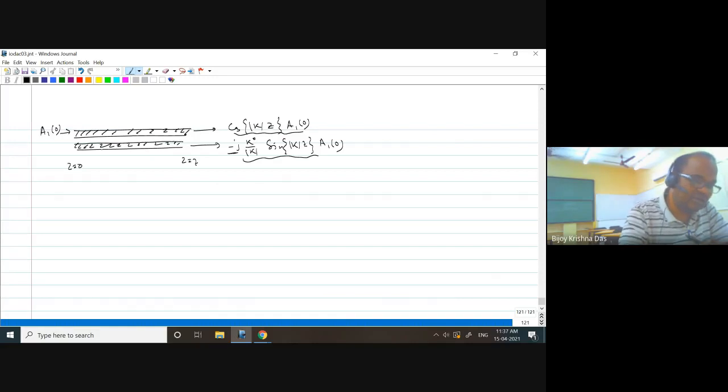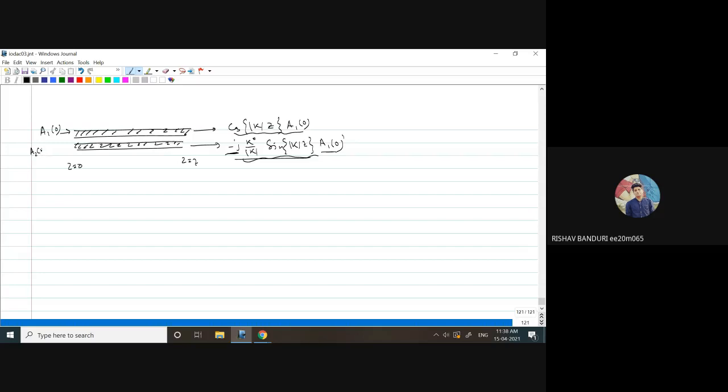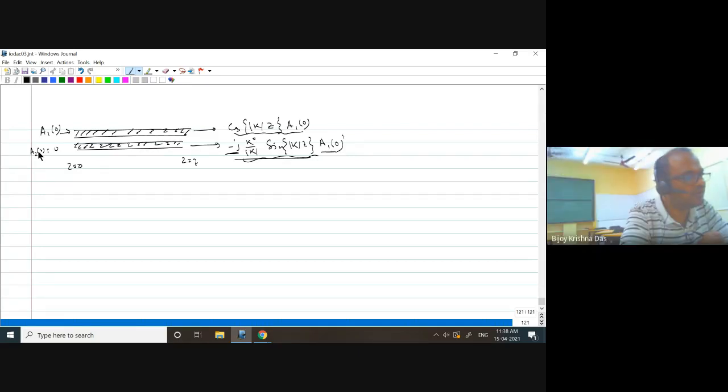Something you are launching here, and whatever you are getting in the second waveguide is having a phase shift of how much? Anyone? After traveling a certain distance z, I see in the second waveguide this fraction. This is your original input. Here A2, 180 degree? How? Minus j is there. Minus j means 180? No. How much? What phase does j mean? Pi by 2. It's a minus pi by 2 phase shift, right?